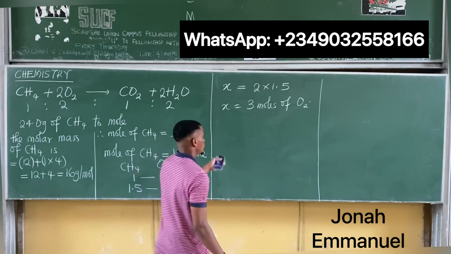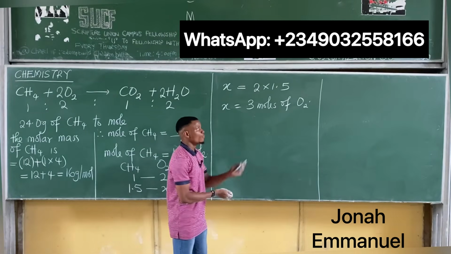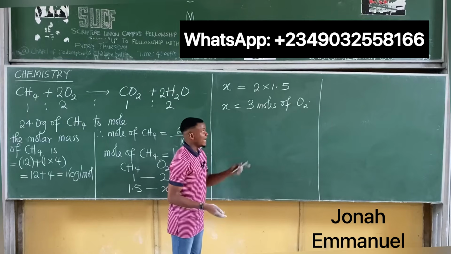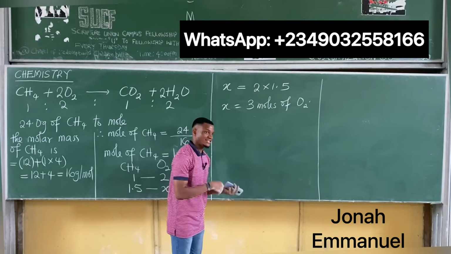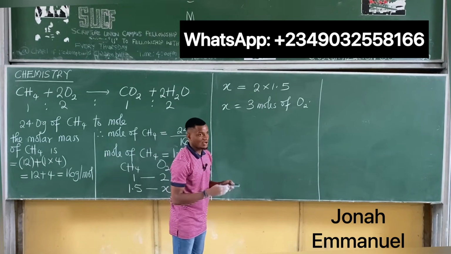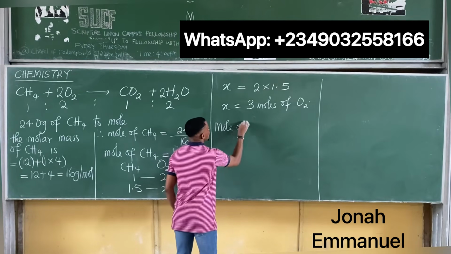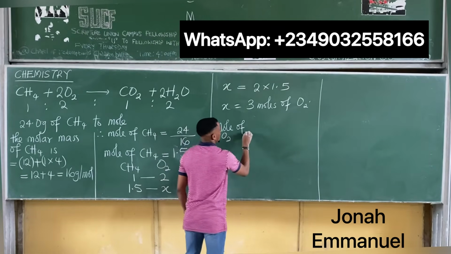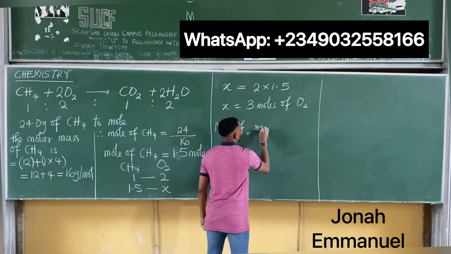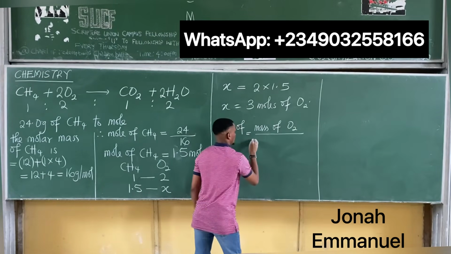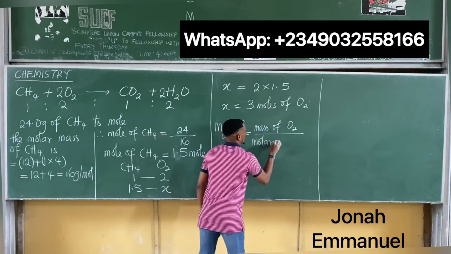Mass. This is mole. Check. Your question didn't say we should find the number of moles of oxygen. It said mass of oxygen. I have gotten moles of oxygen. Next up, let me get mass of oxygen. How? We know fully well that mole of oxygen is equal to mass of oxygen all over molar mass